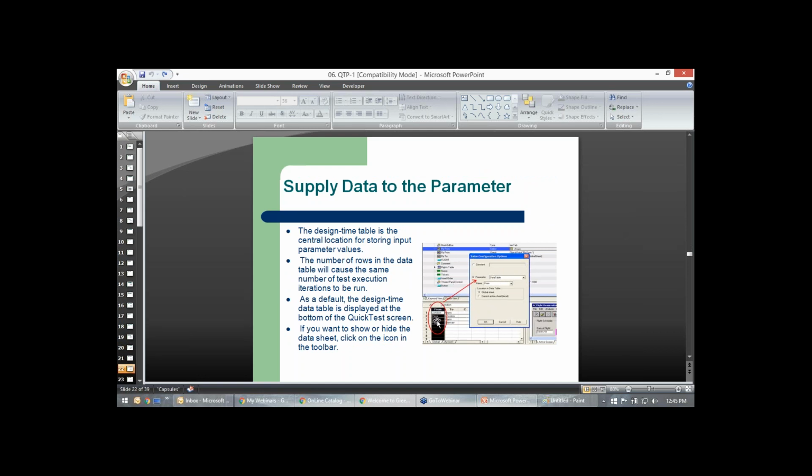And now what does it do, right? Now it runs in iterations. One time when it runs, it takes London to Paris. Second time it takes Paris to London. So we have parameterized two values, not one. So this is from and to. And then we will pick up from the data sheet, which is in the global, and we have given four parameters. What are they? London, Paris, Denver, Paris.